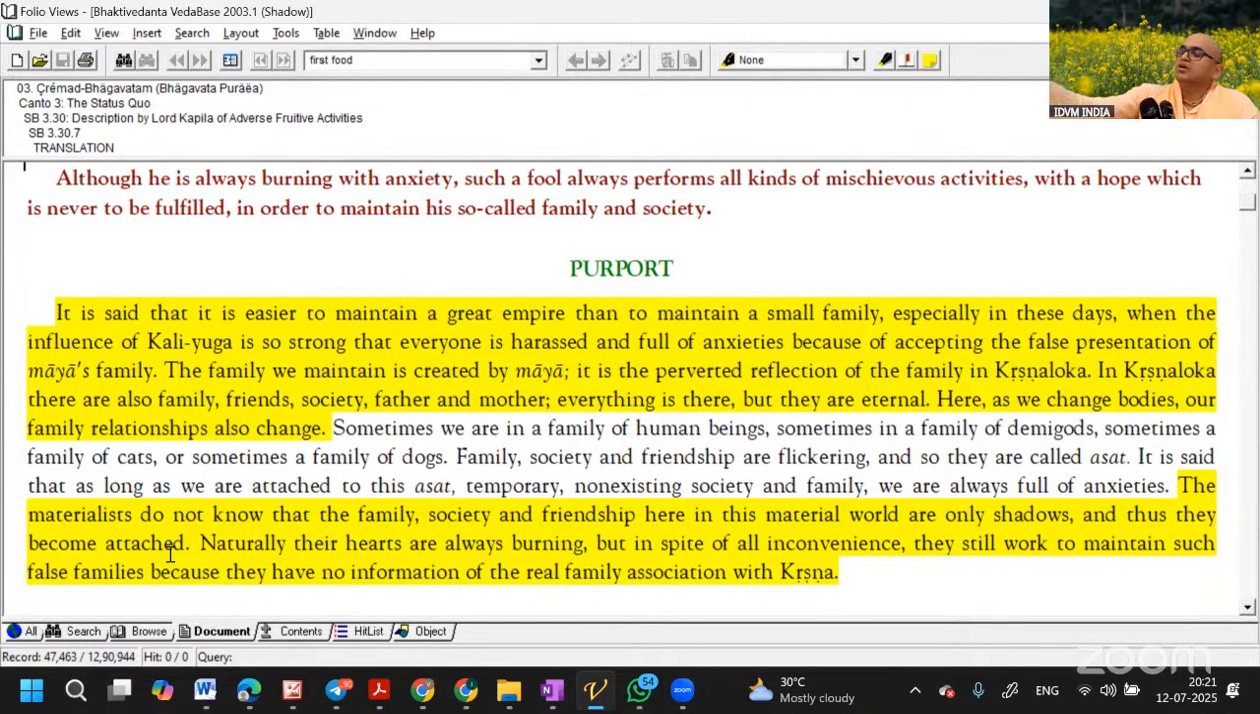So that means the material body is real, jivatma is also real. But what is not real? Jivatma thinking this material body is he himself. That is wrong. Like